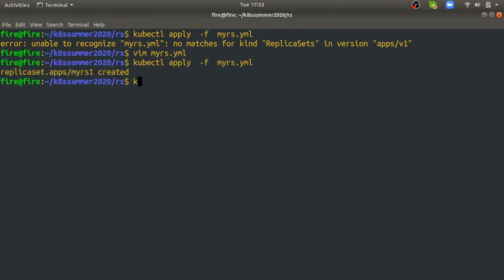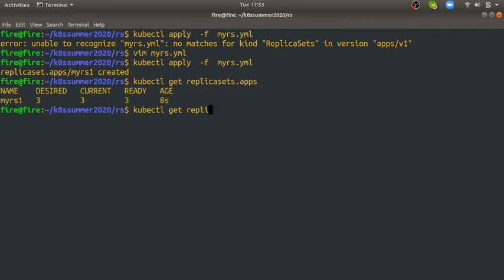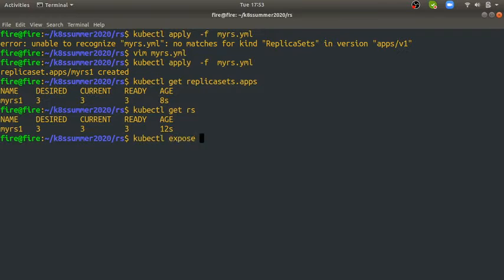Yes, it got created. Now you can check kubectl get replica sets, or you can always type rs, and you can also expose the replica set as well by type load balancer or node port, both are fine,